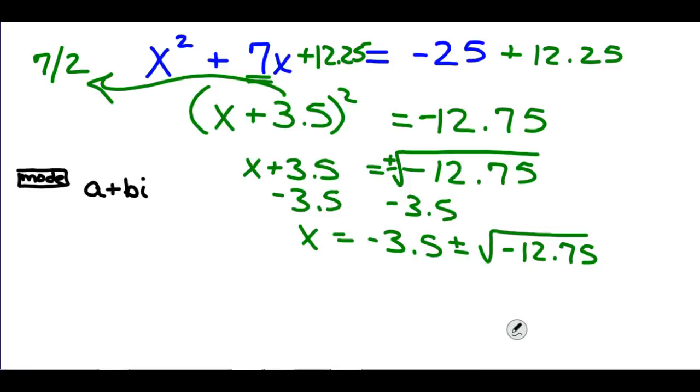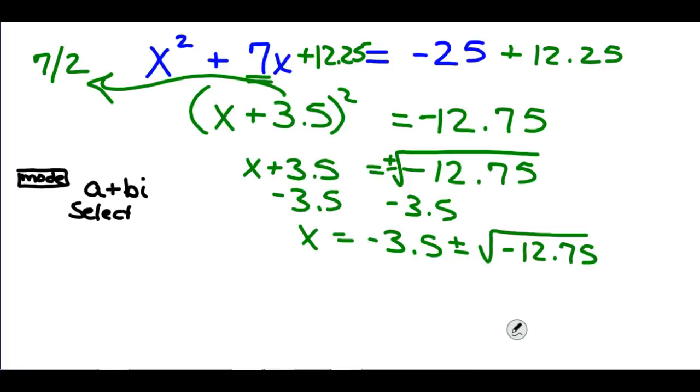So once you do that, mode, arrow down to where you see real, and then arrow over to the A plus BI and select that choice. So that when you put negative 3.5 plus the square root of negative 12.75, you don't get,